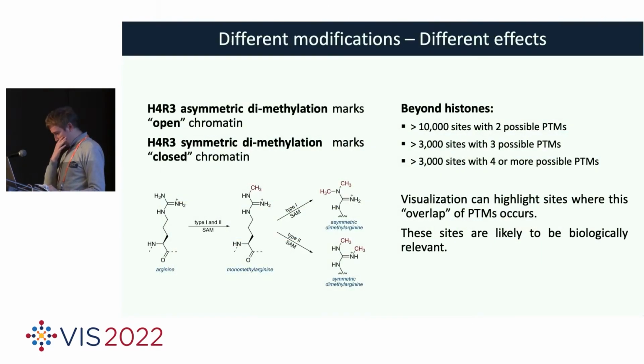For example, the arginine 3 of histone H4 can be asymmetrically or symmetrically dimethylated. The asymmetric dimethylation is a mark of open chromatin, while the symmetric dimethylation is a mark of closed chromatin, so completely different outcomes. And we don't really know how much this is true also for non-histone proteins, because so far